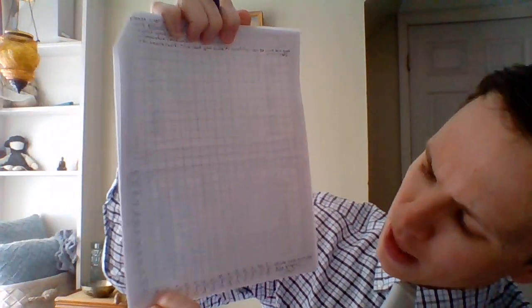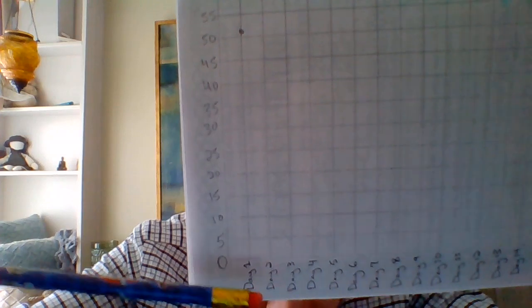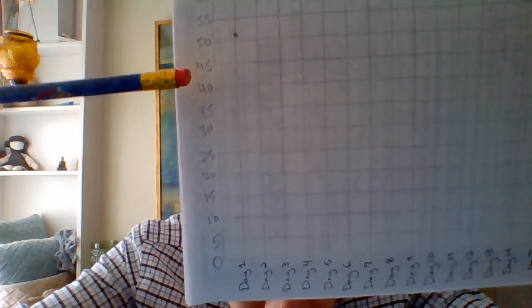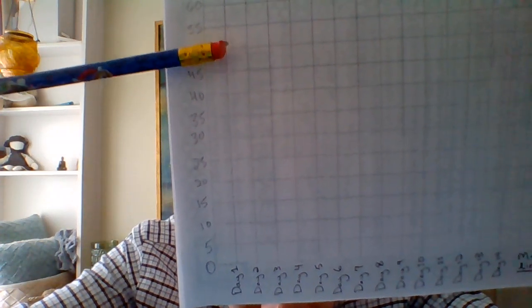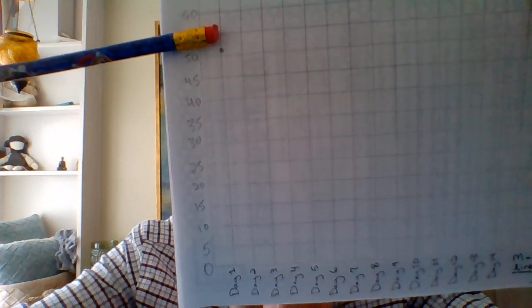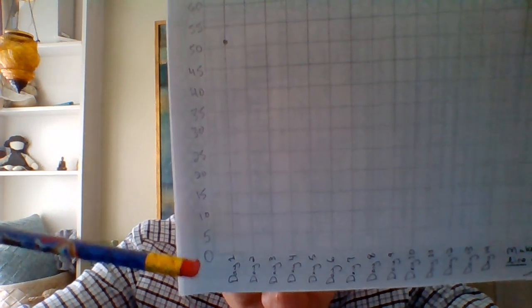Okay, so on, oops, that's the other graph. On day 1, okay, 51 degrees is what I'm looking for. So here's the 50 degree mark. And if there's 5 degrees between 50 and 55, that means my mark for day 1 should be just above the 50. It'd be like 50, 51, 52, 53, 54, 55. Okay, so day 1,